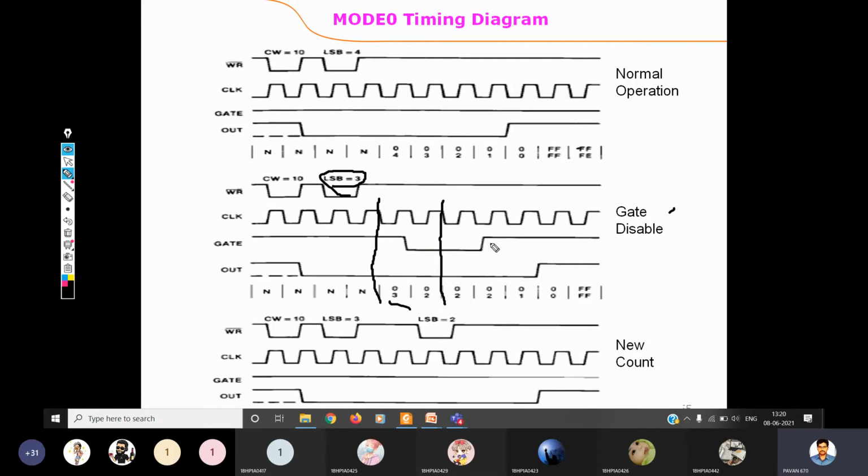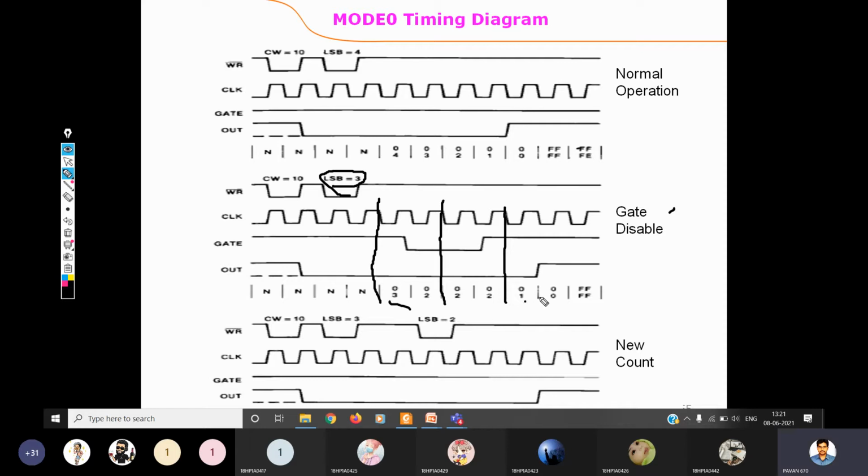So still one value is left. Since the gate got enabled here, it will take effect from the next cycle, the next cycle negative edge. Even though the gate is enabled at this point of the clock cycle, it takes effect in the next clock. So the counting is stagnated here, and since it takes effect in the next clock cycle, during that clock cycle the previous count value is again decremented. So it's 2 and here it is 1.